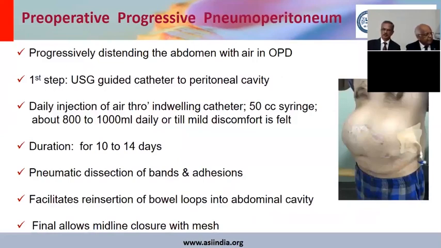Right. The contraindication is basically if you are not able to enter into the peritoneal cavity safely, even under the guidance of imaging, whether it is CT scan or ultrasound or laparoscopically. So if you are not able to put the catheter, if the abdomen is everywhere clustered with bowel, then this may not be possible to do, and it is not good to injure the bowel just to insert these